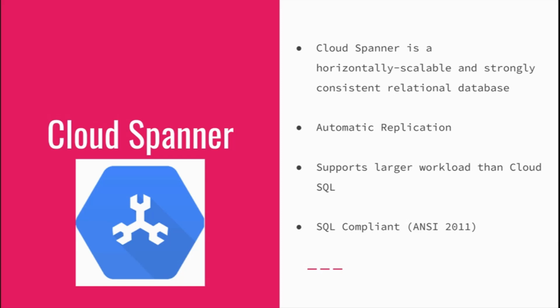Now, what do we mean by vertically scalable and horizontally scalable? When we talk about vertical scalability, basically you take a single instance, and if you want to scale, you add more memory, more RAM, and you keep scaling vertically. But at one point you will hit a bottleneck. Your system cannot scale more than, say, 2 terabytes of RAM or some amount of memory or disk space. So that's why horizontal scalability comes into play.